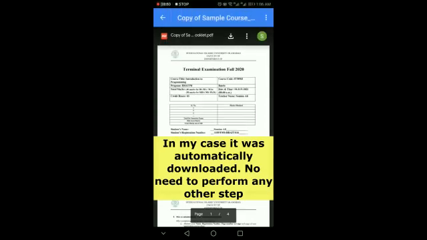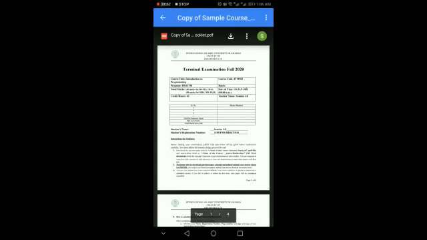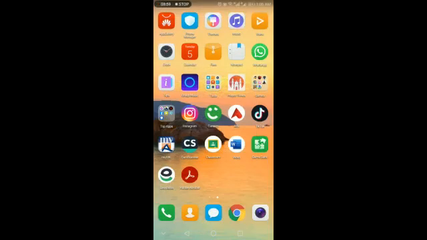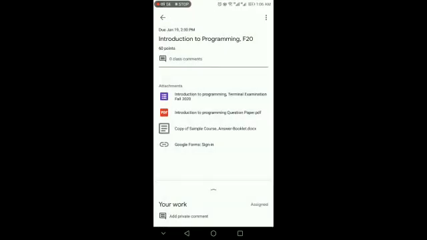By clicking on this download button, my file has already been downloaded over here. So what I need to do is I will press home screen again. Now I will again go to Google Classroom. I will go to the Google Forms.